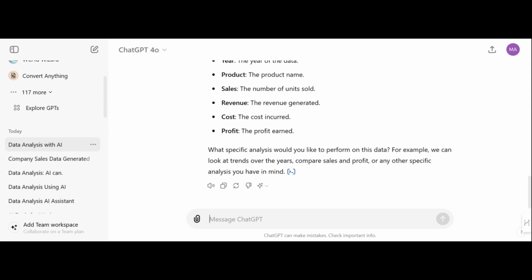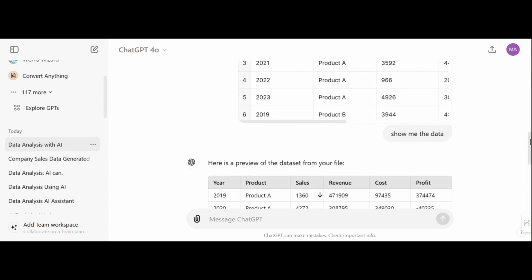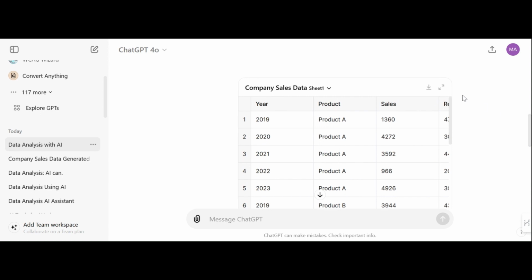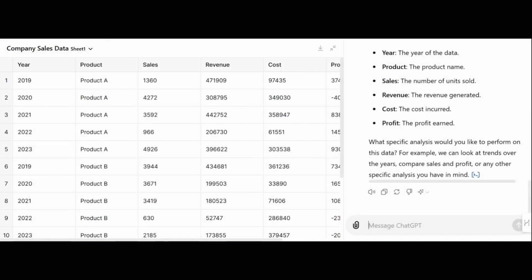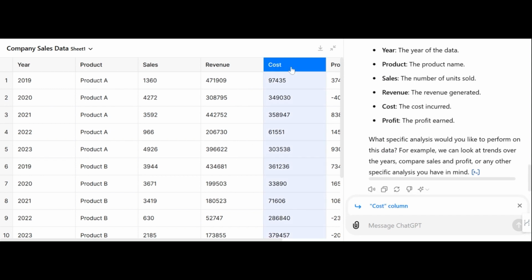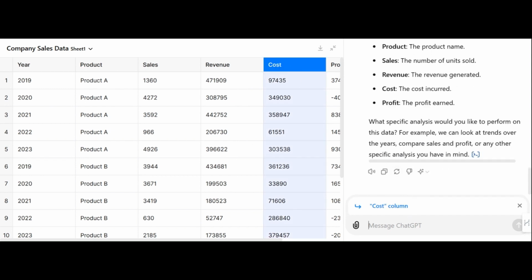Here we see the data displayed on the screen. Notice the expansion arrows in the top right corner. By clicking these arrows, a sidebar opens, giving us the ability to question specific columns, cells, or entire sheets of data. Let's start by asking GPT-4o